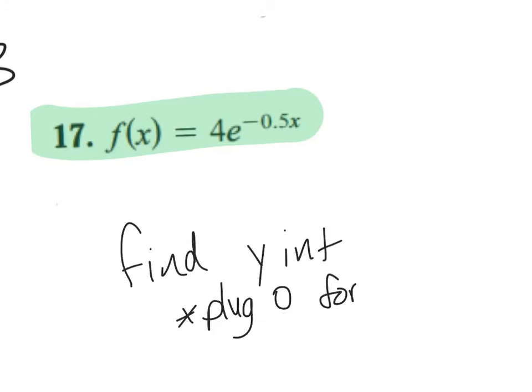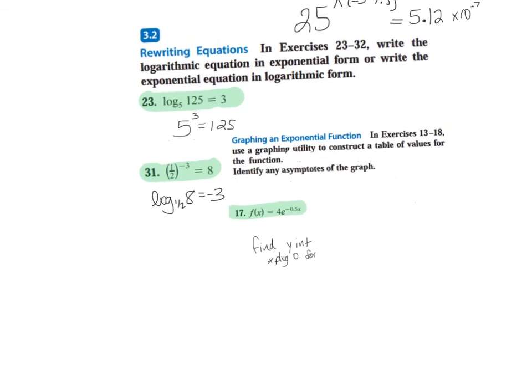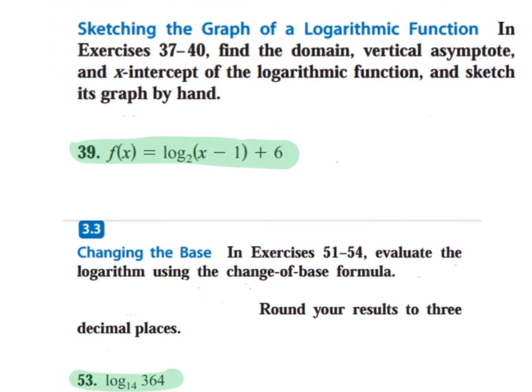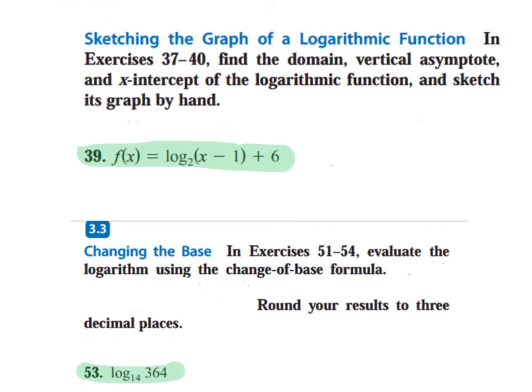Once you do that, you can look at your graph choices, and there's probably 2 of them that you can eliminate. Then you can plug in a positive number and a negative number that's on your graph to figure out which graph matches, if there's a matching graph question, all right? When it says to find the asymptotes and all that, you can do all that when you do your table values. Okay, if I was going to graph this, I want to find my domain, my range, my asymptotes, all that stuff. First of all,